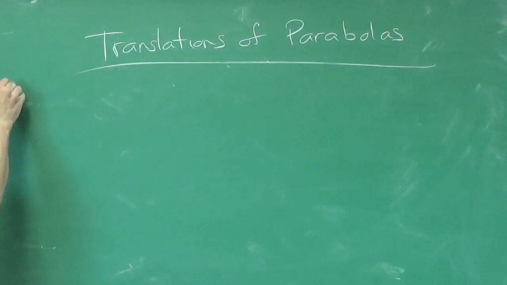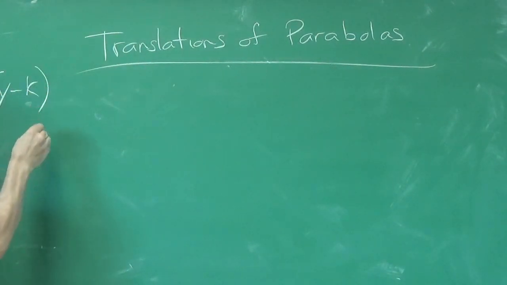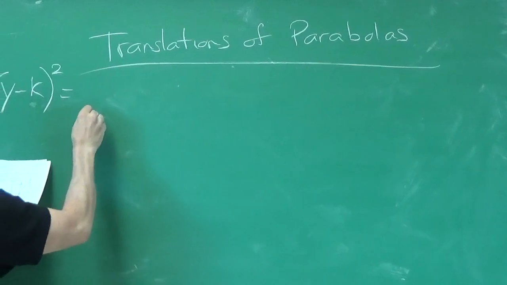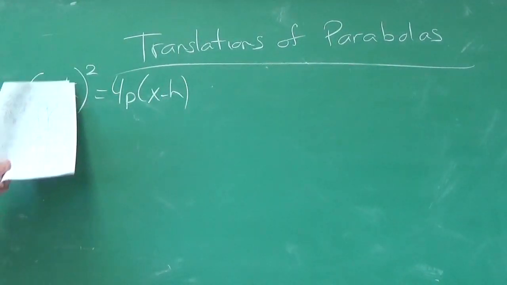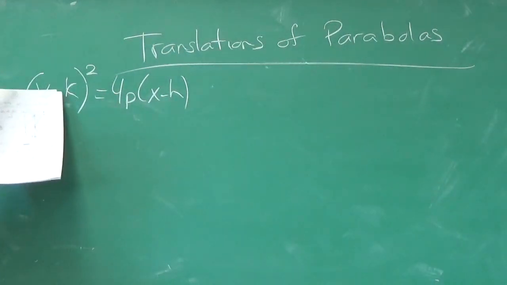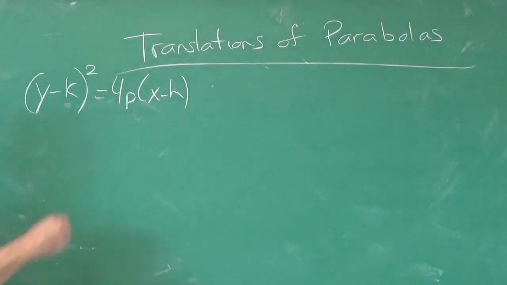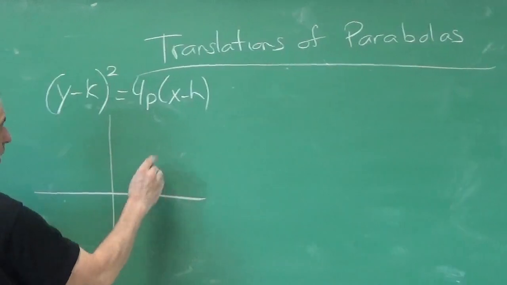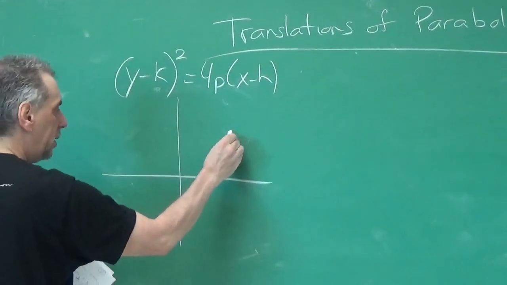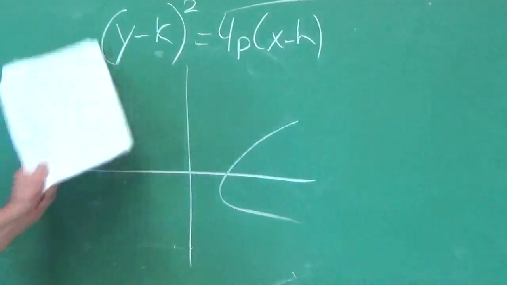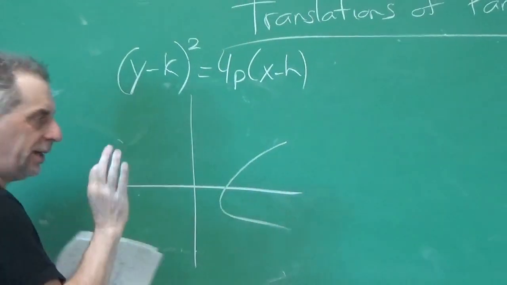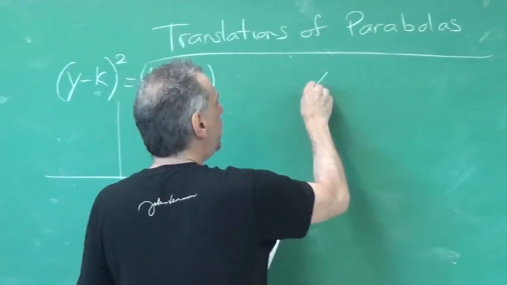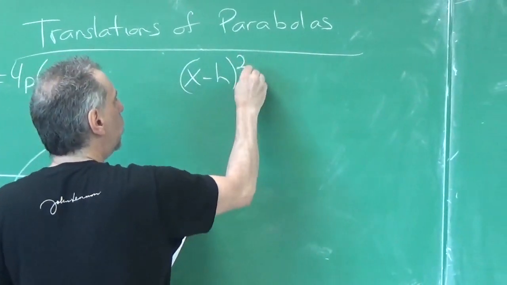Once again, two different forms that we're going to look at, just like before. The only difference is instead of just y squared and x, we now have (y minus k) squared and (x minus h). That's this case, like the one we were looking at over there, opening to the right or to the left, depending on what 4p is. Or the other form,